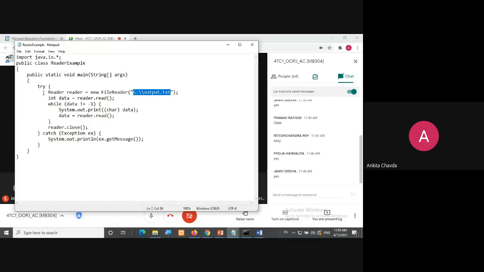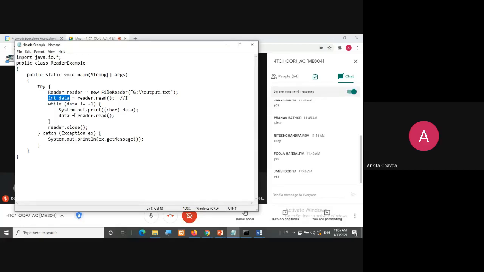Now in this integer data, you are reading reader.read. The very first character will be read over here, that is I. I am reading into this integer data because, as I said, the read method will always return an integer. So on the left hand side, I need to take one variable which will store integer data.